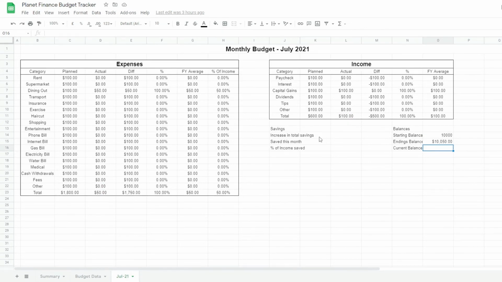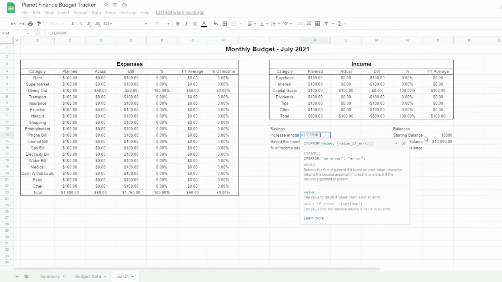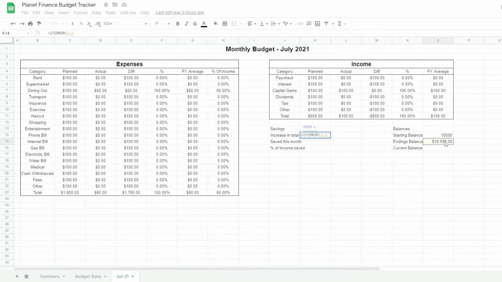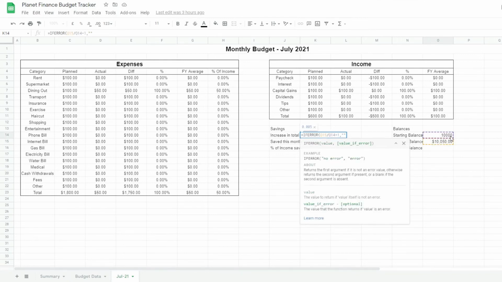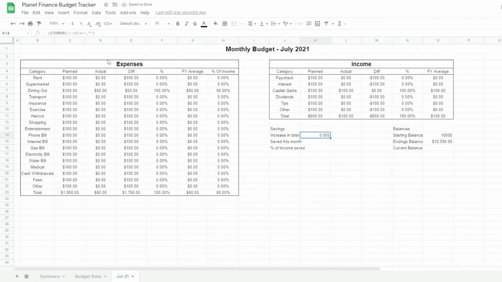Okay, so now we're going to go to the savings table that I initially started with. I'm going to click this cell here, and we're going to write the following formula. And we're going to make this a percentage. For the amount saved this month, this one's very easy. We're just going to subtract ending balance minus starting balance. And finally, for the percentage of income saved,